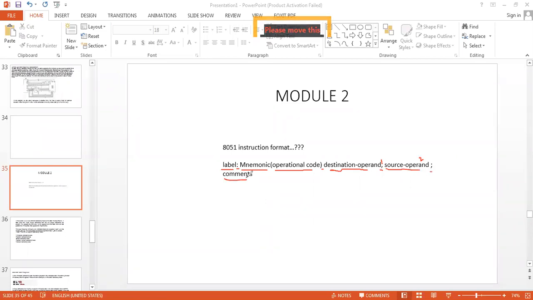This comment is a text. Comment will not be executed. Comment is a simple text which is going to explain what this instruction is going to do. Comments are not executed. Whatever we write after a semicolon, that text will be treated as a comment. So that comment is not going to be executed, right? Then after this, what we have seen,